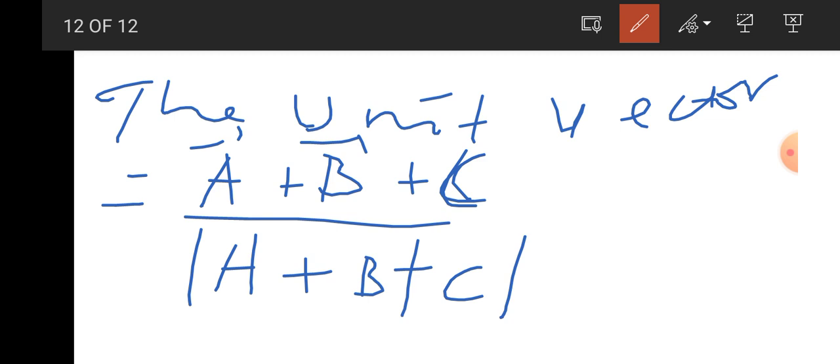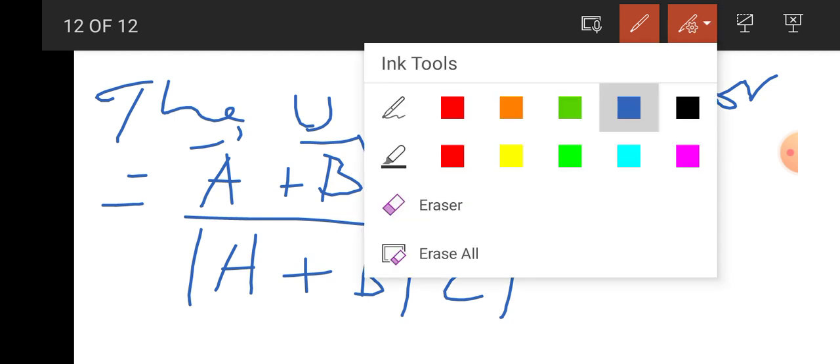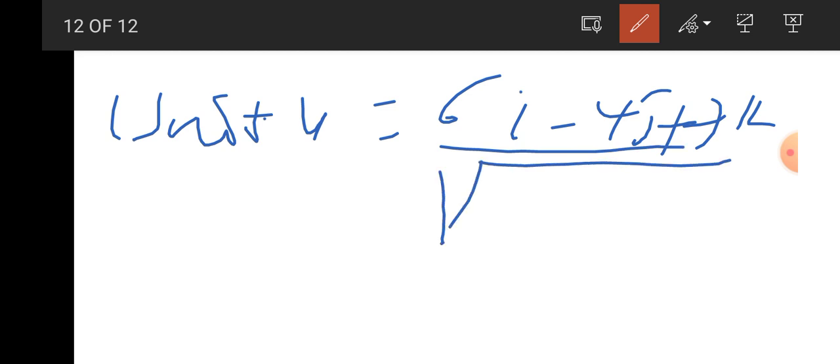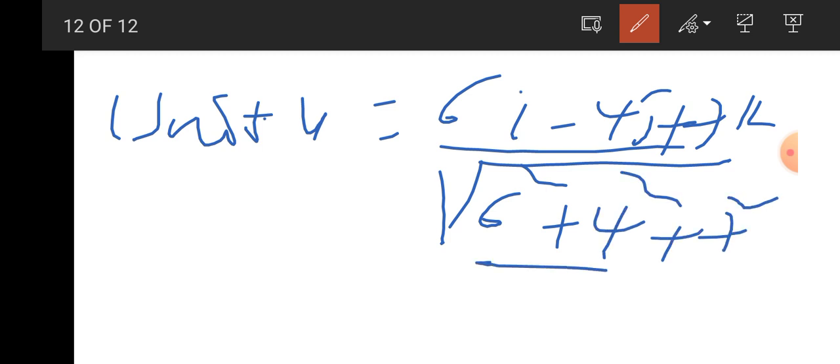So the unit vector is equals to the resultant vector, that means 6i minus 4j plus 7k over the square root of 6 square plus 4 square plus 7 square. This is the magnitude of the above vector. ከላይ ያለው ማግኒቲዩዱ ነው ማለት ነው።